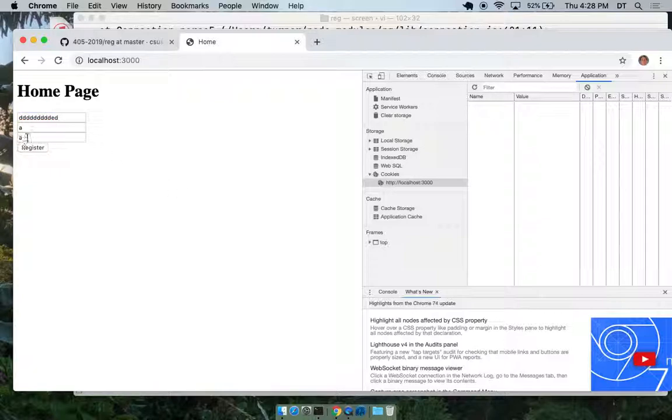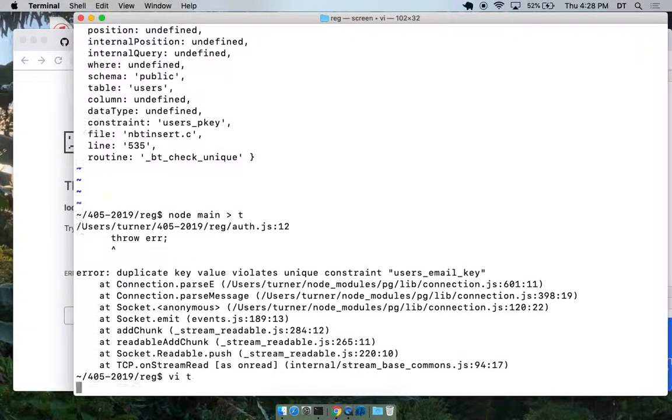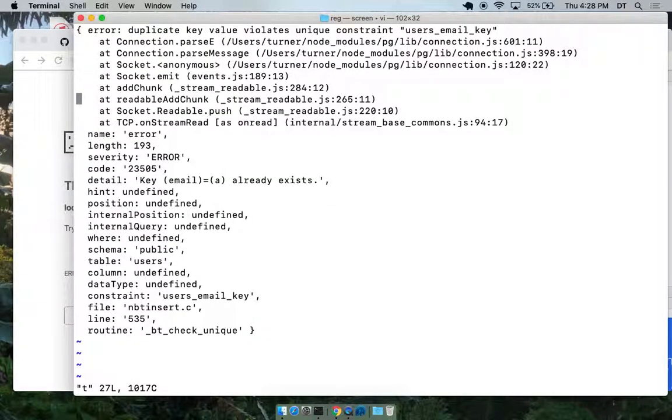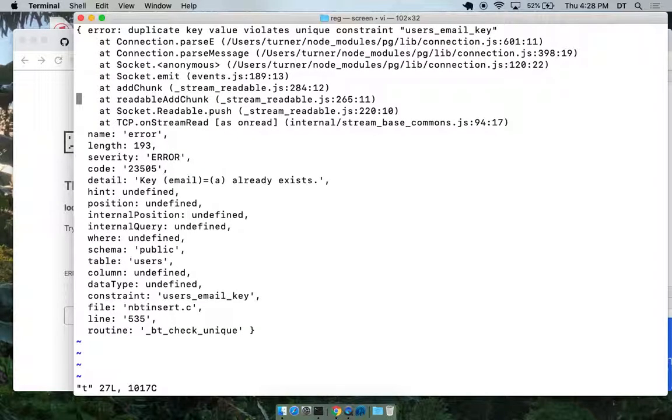I'll fail because of the unique constraint on that email. Let's see if I get a different error message. So it's key email already exists, 23505. It's the same error, isn't it? This is a key email already exists.